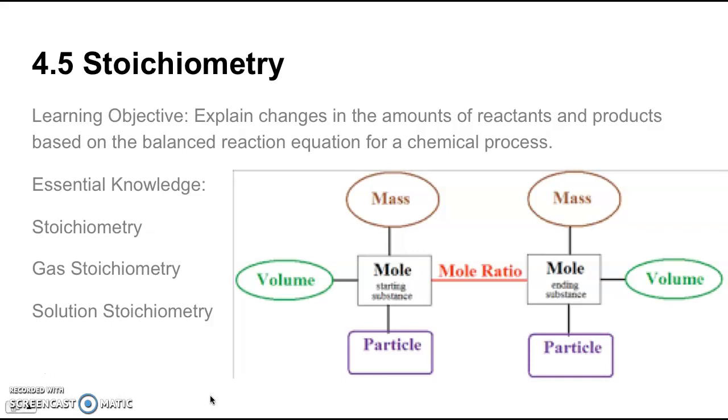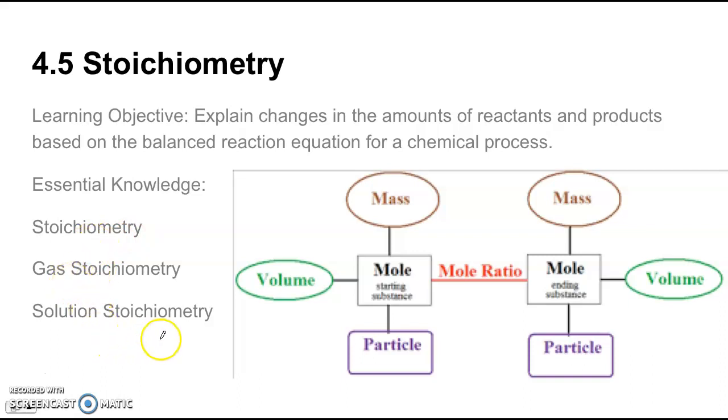Section 4.5 is on stoichiometry. The learning objective is to explain changes in the amounts of reactants and products based on the balanced reaction equation for a chemical process. Stoichiometry is a lot of math, a lot of conversions. The essential knowledge is that you want to be able to do stoichiometry problems of any sort, including gas stoichiometry